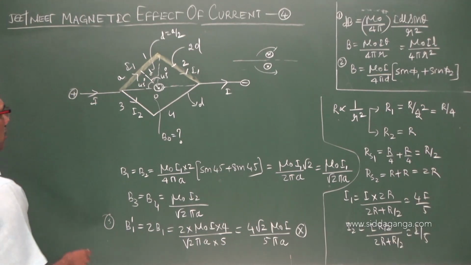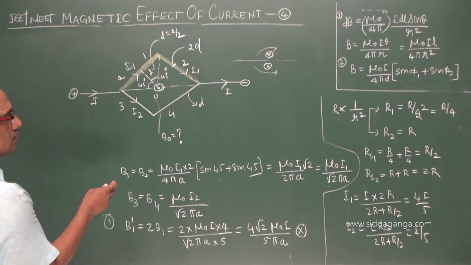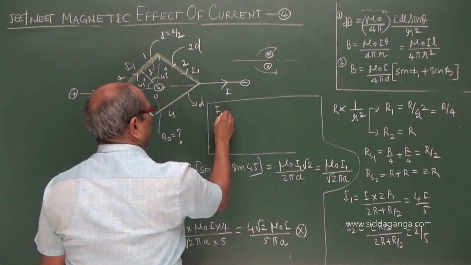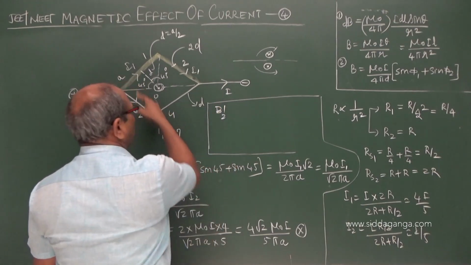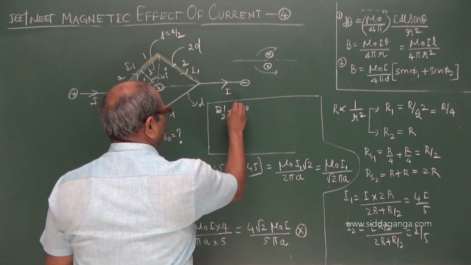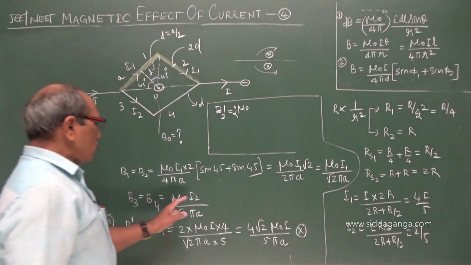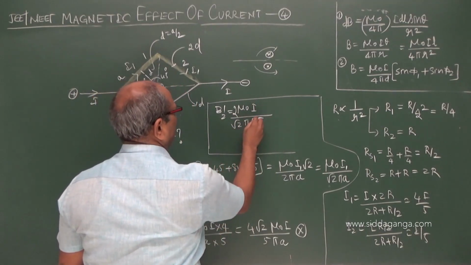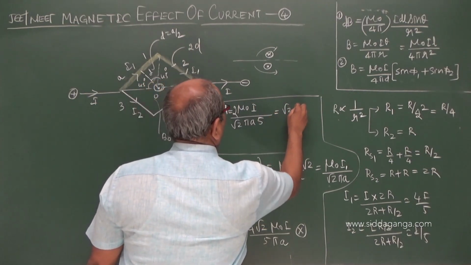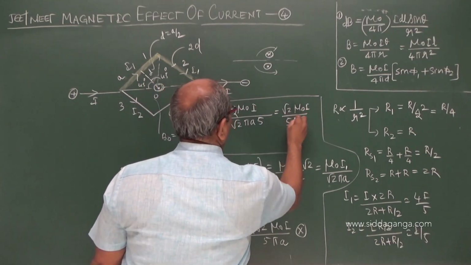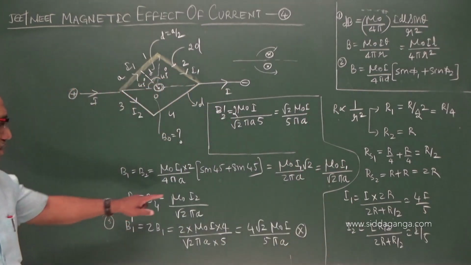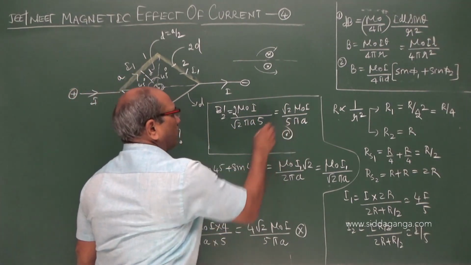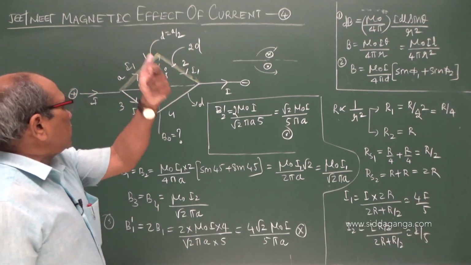Similarly, I can write this for the lower part to get the answer. B2 dash, the down part, same answer: mu naught, 2 times, because there are 2, mu naught I2, I by 5, into root 2 pi a. Again I can write root 2 mu naught I by 5 pi a, because I2 is I by 5, times 2, therefore it becomes root 2 mu naught I by 5 pi a. It is outward. One gives into the field, the other gives out of the field.